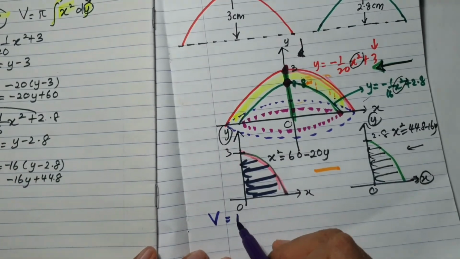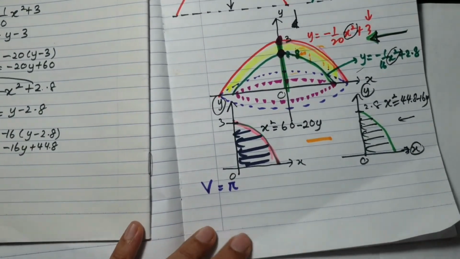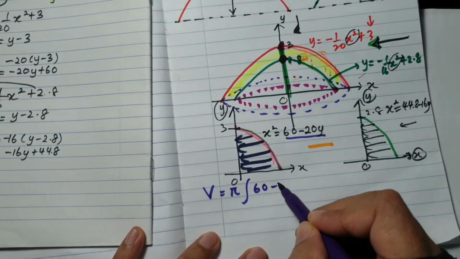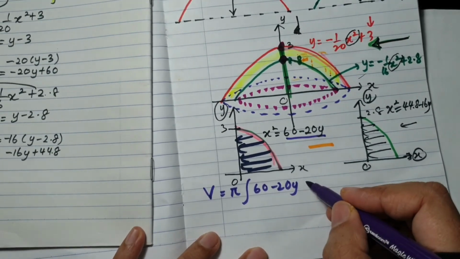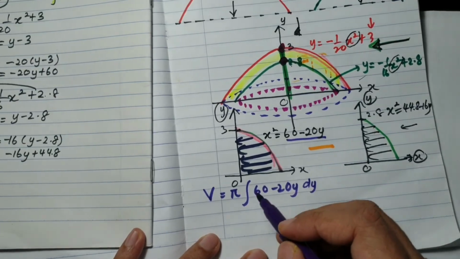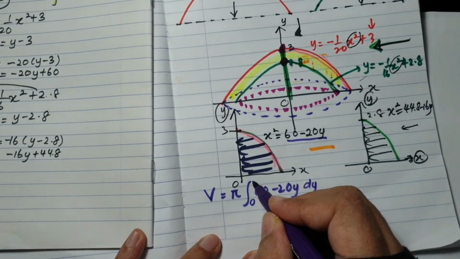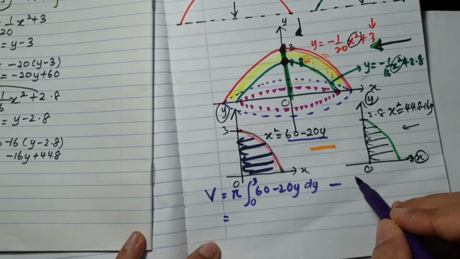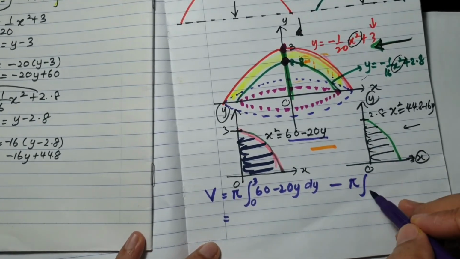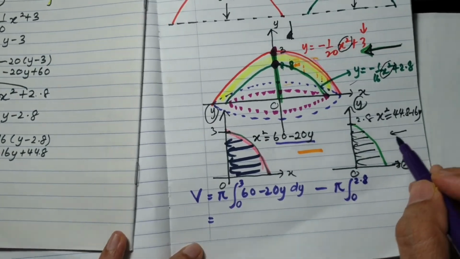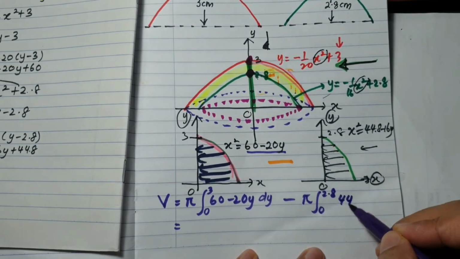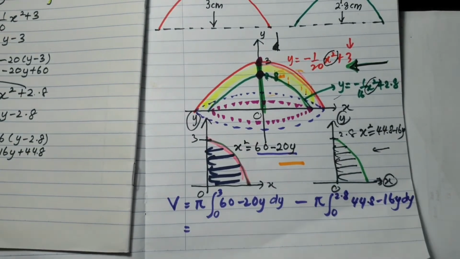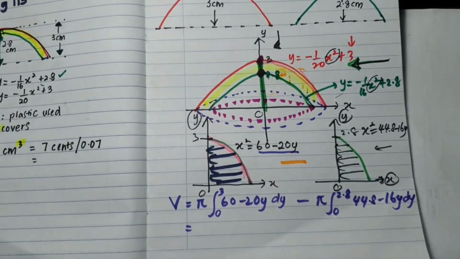Okay, so always put pi, jangan lupa. Okay, and then just take this equation, d apa? dy. The limit is from 0 until 3. Okay, lepas tu buat integration macam biasalah. This one, pi, limit 0 until 2.8, ambil equation dia, 44.8 minus 16y dy. Okay, buat integration. Okay, bila buat integration,